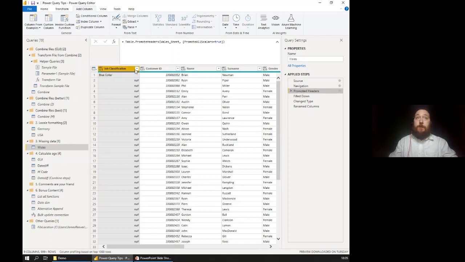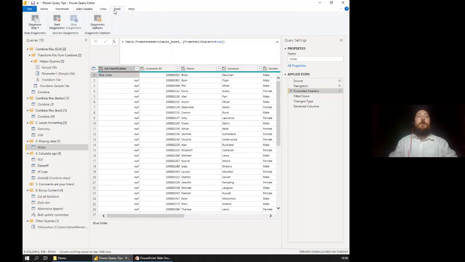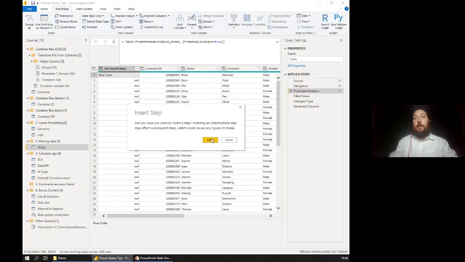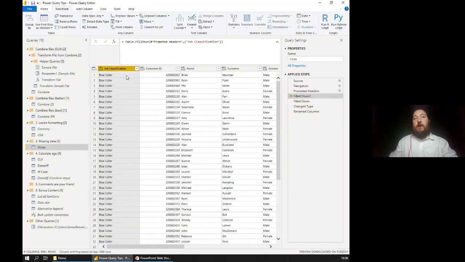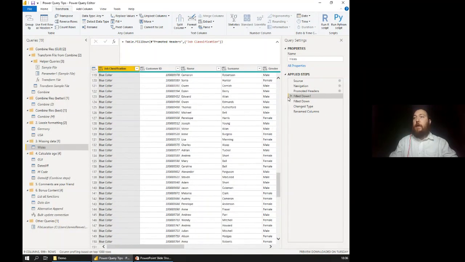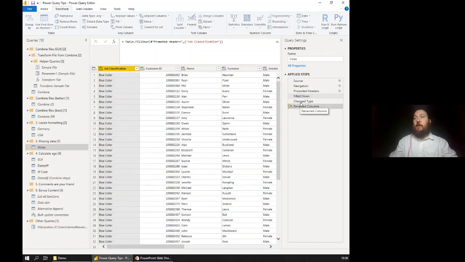And literally, you can click there. Nope, sorry, not there. Where are we? Transform, sorry, there we go. I was in add column. Yeah, and fill down, and it'll do it. There you go, and it just fills down to the next value, which is populated. So that's done that. I'm going to undo that because I've already done it, and then we'll do the same